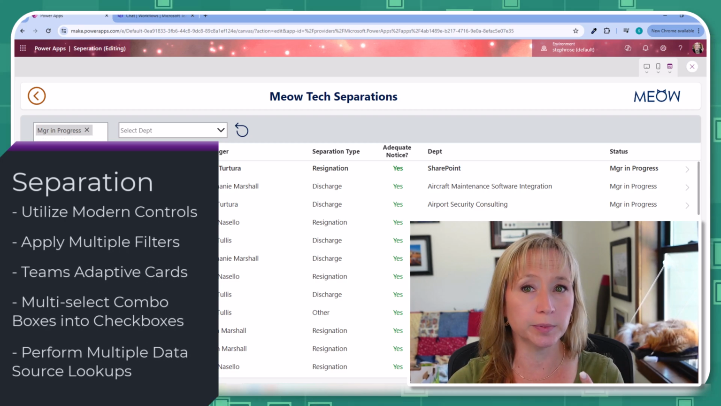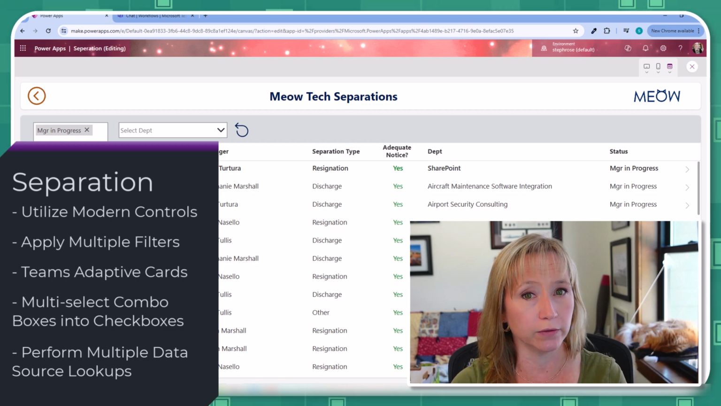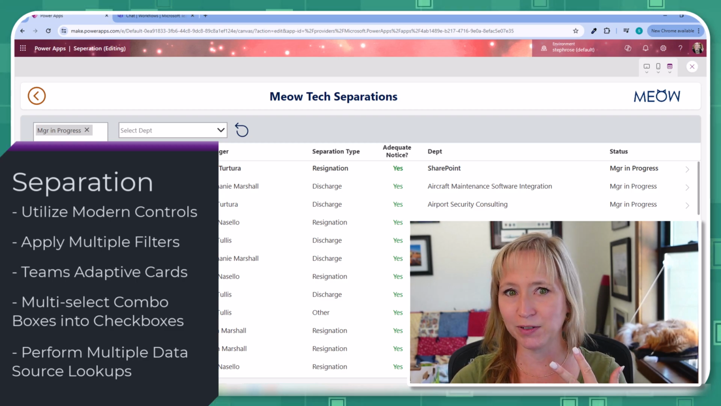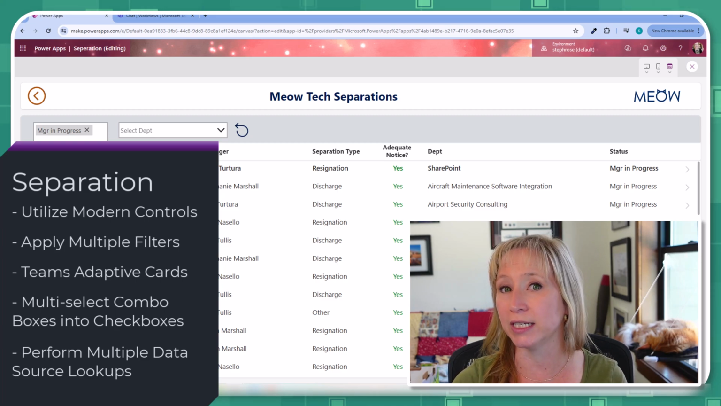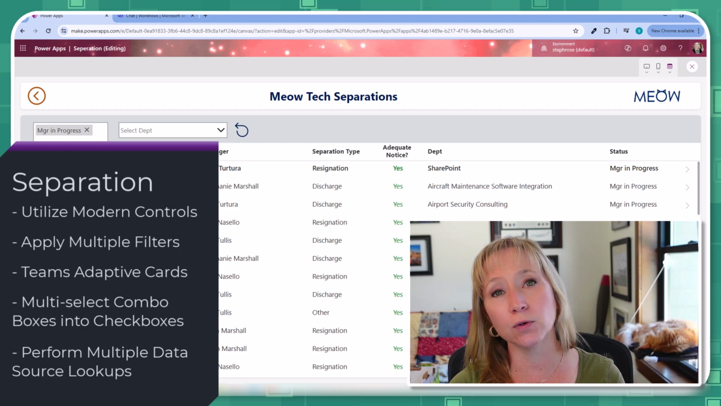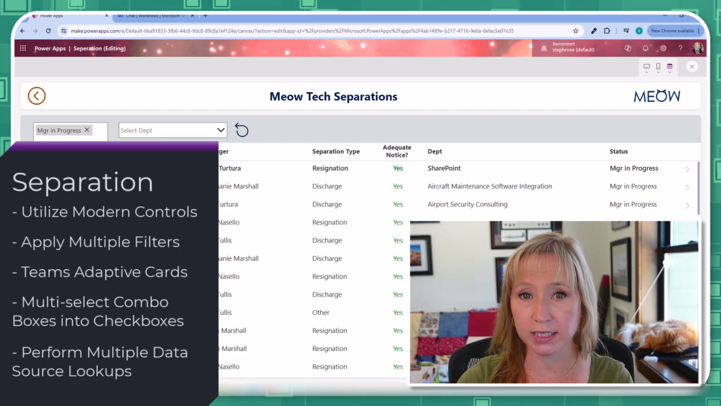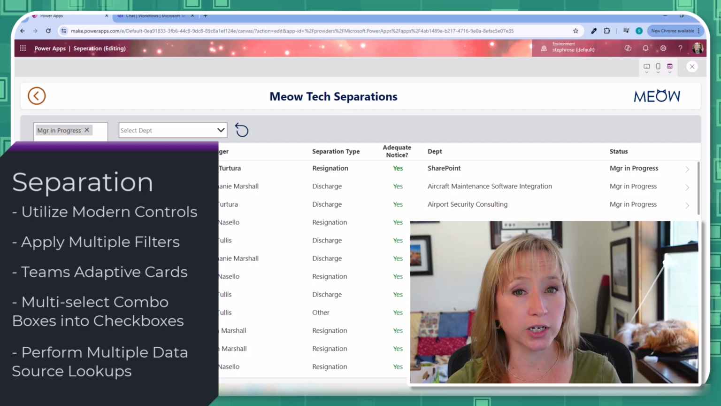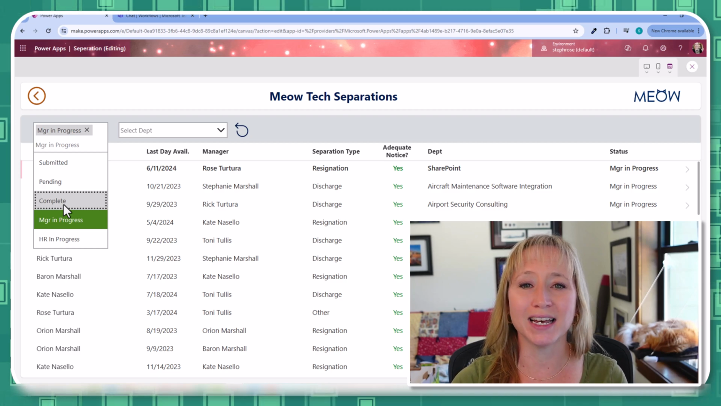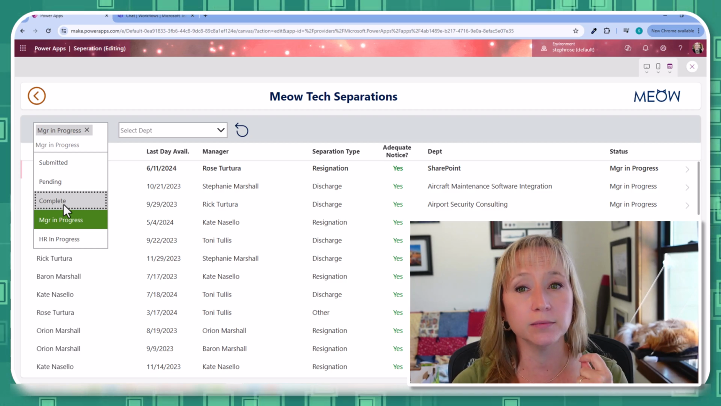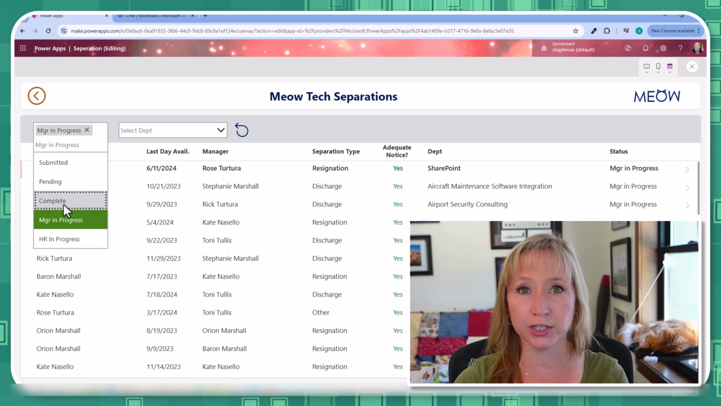We're of course going to apply multiple filters on the gallery for users to quickly find what they're looking for. We're going to use Teams adaptive cards for instant manager notifications and to make task completion easier. We're going to transform multiple select combo boxes into multiple select checkboxes, and we're going to perform lookups on multiple data sources in the app. This app was designed with the goal of reducing manual work and improving the overall efficiency of the employee separation